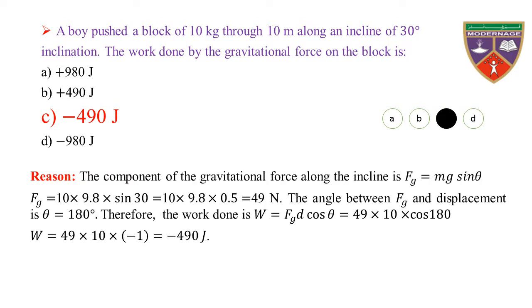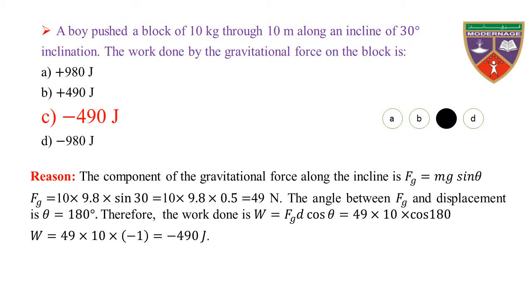Reason. The component of the gravitational force along the incline is Fg = mg sin θ. Fg = 10 × 9.8 × sin 30, which is equal to 10 × 9.8 × 0.5, because sin 30 is equal to 0.5, which is equal to 490 newtons. The angle between Fg and displacement is θ = 180 degrees. Therefore, the work done is W =